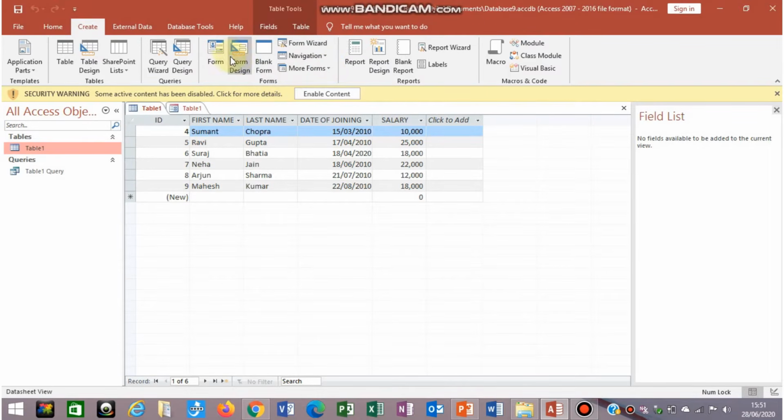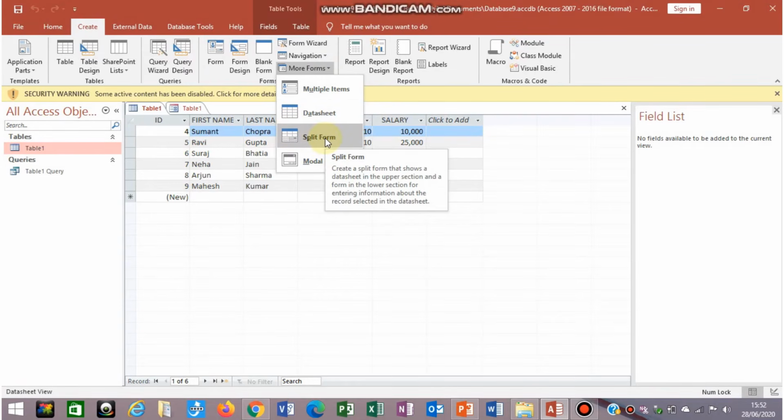Here the split form option is not there, so you will find the split form option in the More Forms option. Get inside the More Forms option. Here this is the third option, Split Form.